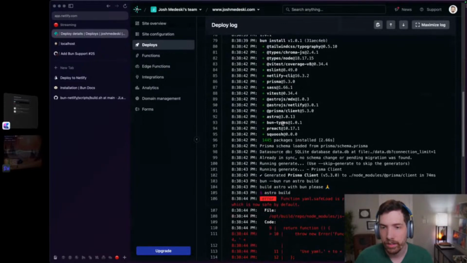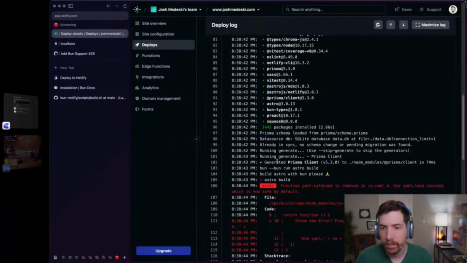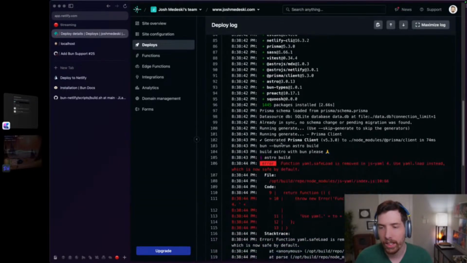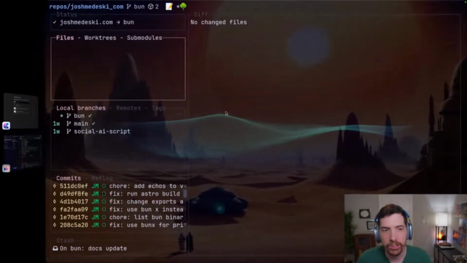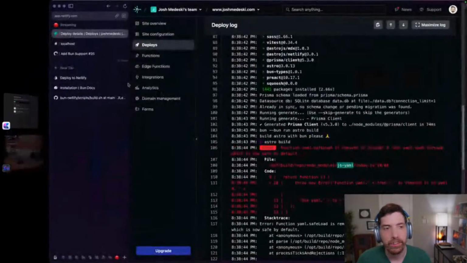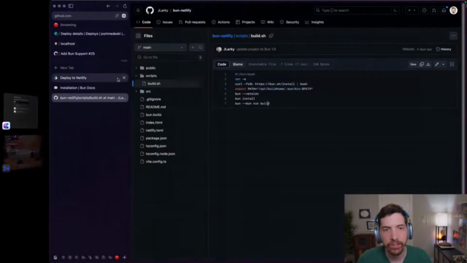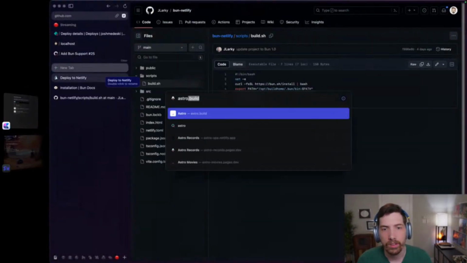Install. Yeah, so bun run Astro. Yeah, so I am running it as you would expect it to be run, but something about JS YAML, let's find out, is removed in JS YAML 4. So the question now is if we look at the Astro script, Astro,